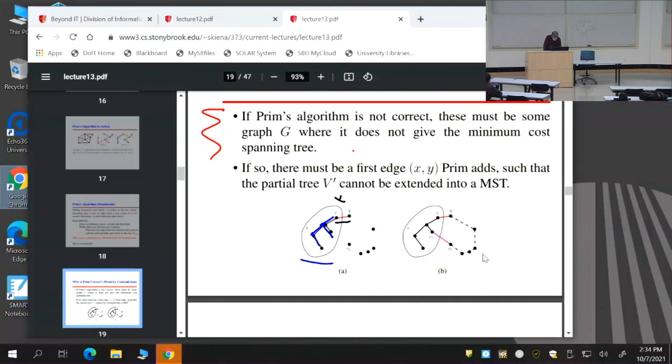But somehow it's going to have to bring V into the minimum spanning tree, to connect with the rest of the tree. So there will be a path from Y out until it comes back into the spanning tree. This is the minimum spanning tree, you'll tell me. And I'll say, oh, that's nice. What happens if I add the edge that you said was bad to your minimum spanning tree? What happens if I add this edge to the spanning tree that you tell me is the